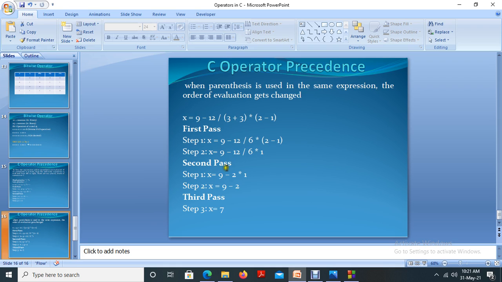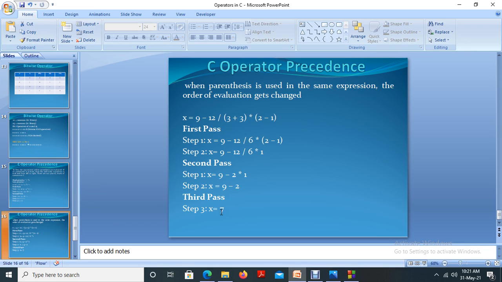Now we have to take the operation based on the priority. In this case, slash and star are there. So slash and star have the highest priority. We will scan from left to right. The first operator having the highest priority will perform the operation. So 12 by 6 is 2. Okay, star 1. And then again 9 minus 2 into 1, that is 2. Then again 9 minus 2, we will get the result 7.